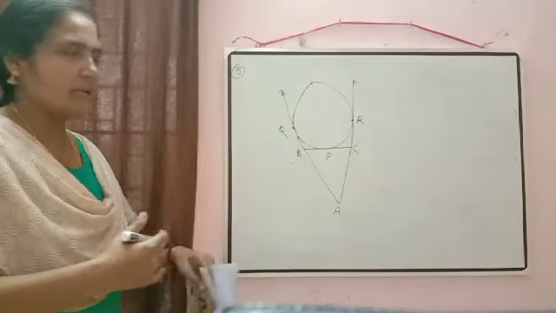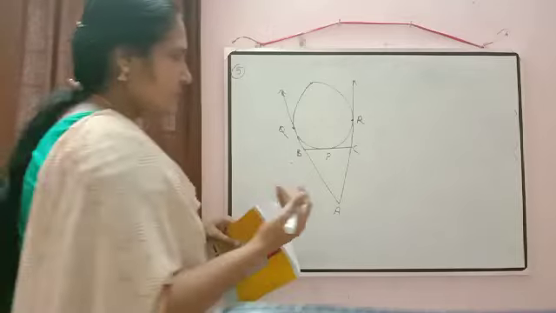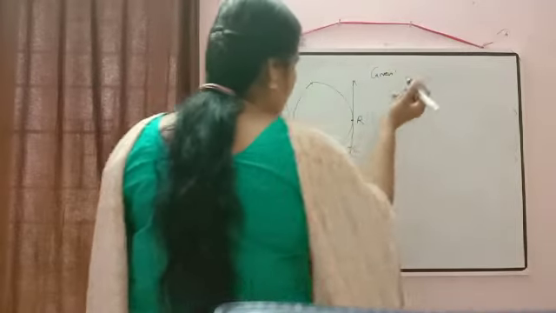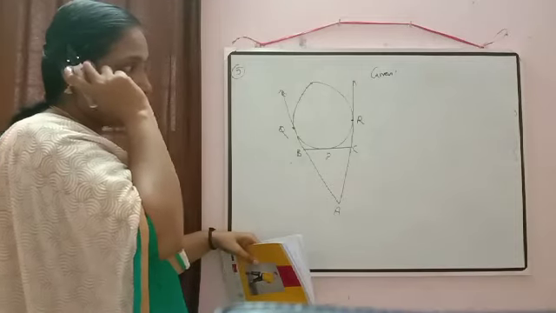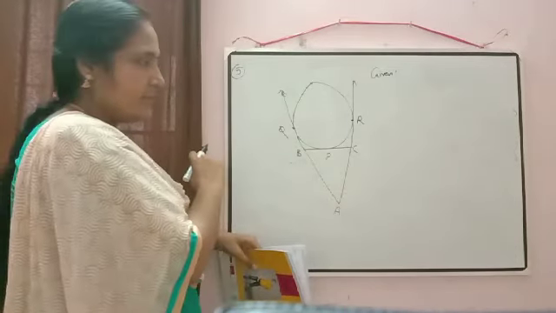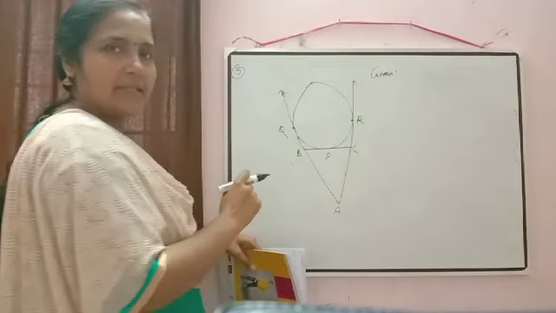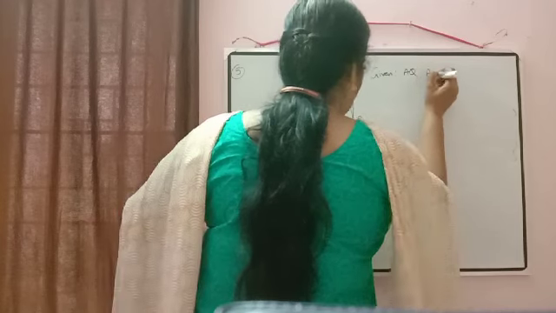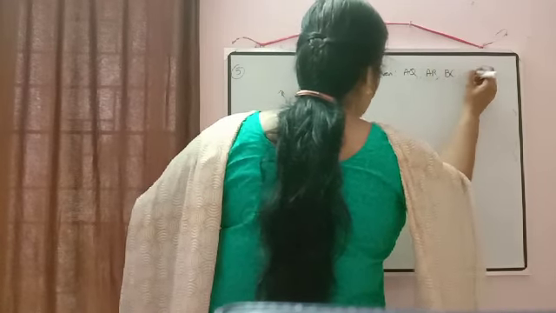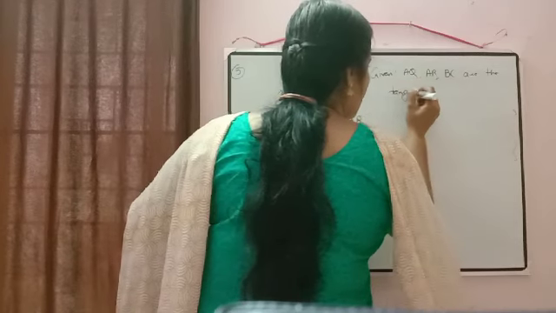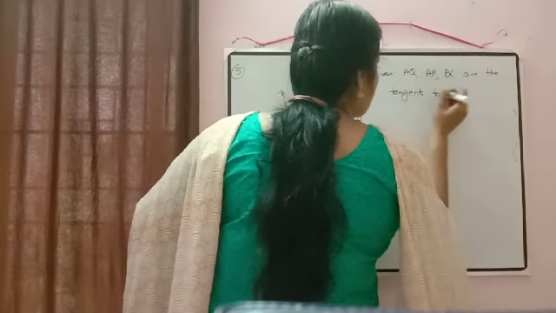So first what we can write here? Is any other condition given? Nothing is given. So we can just write down the tangents which are given. What are the tangents we have here? AQ and AR. Then BC is also a tangent. So we can write: given AQ, AR and BC are the tangents to the circle.